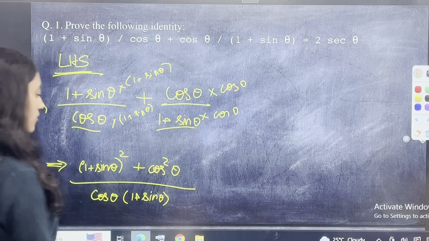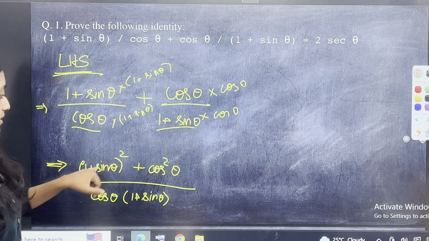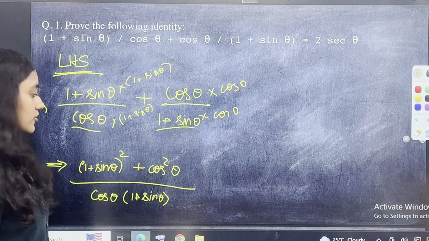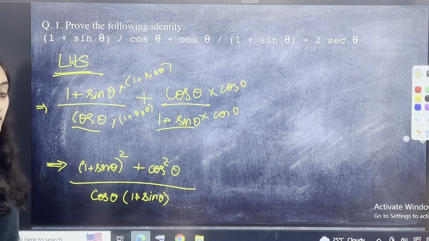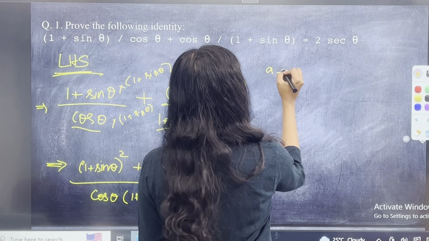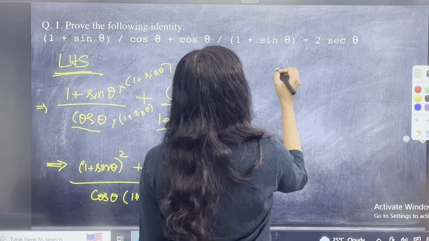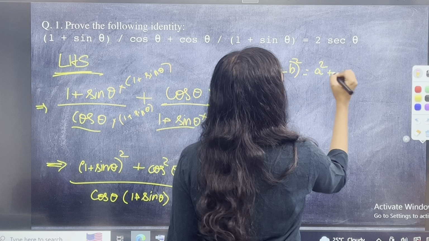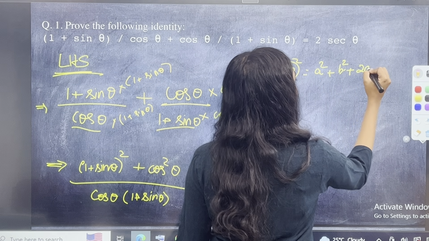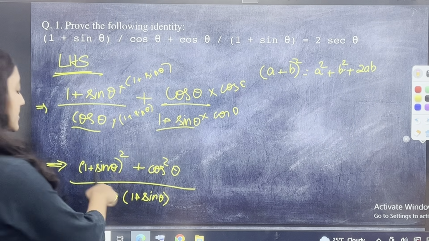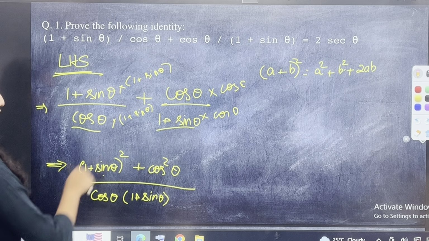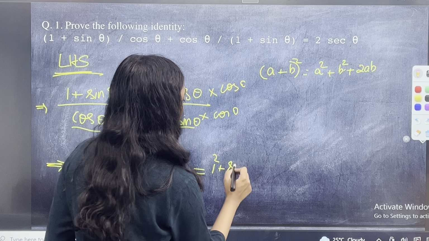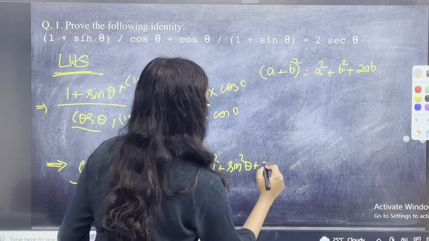Cos square theta. Now we have (1 plus sine theta) whole square plus cos square theta, by cos theta into 1 plus sine theta. That is our fraction. Now (a plus b) whole square is nothing but a square plus b square plus 2ab, right? So similarly (1 plus sine theta) whole square is 1 plus sine square theta,